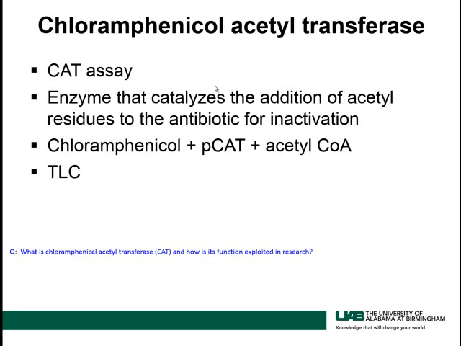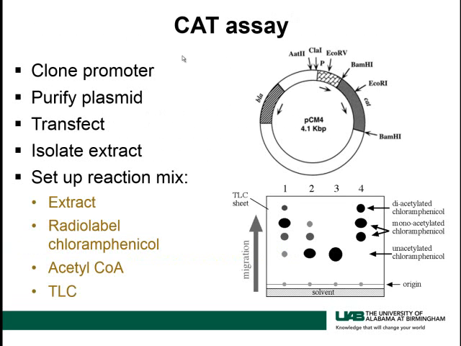There are some techniques that allow us to study the role of upstream regions of a gene in transcription, and one of them is called the CAT assay, and this is chloramphenicol acetyl transferase. Now, the CAT assay consists of the cloning of a gene for chloramphenicol acetyl transferase. Now, what this enzyme does is that it transfers an acetyl group